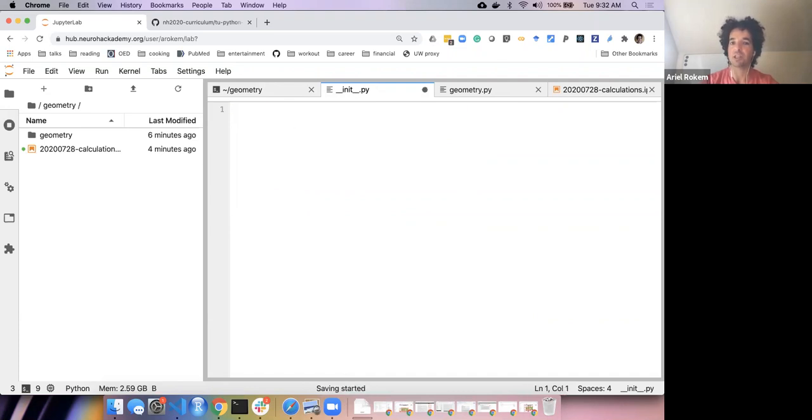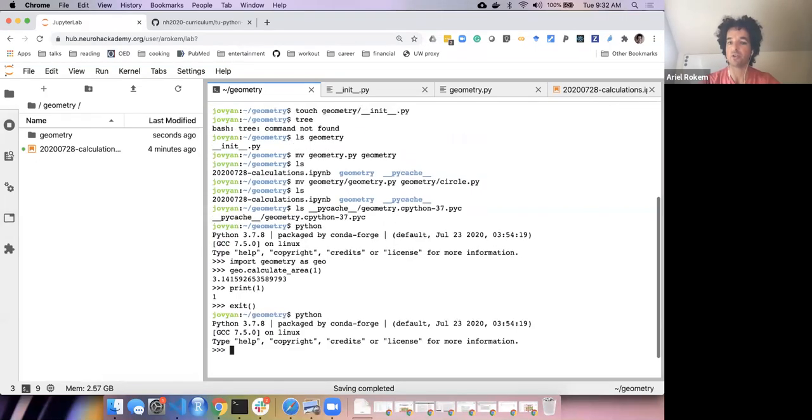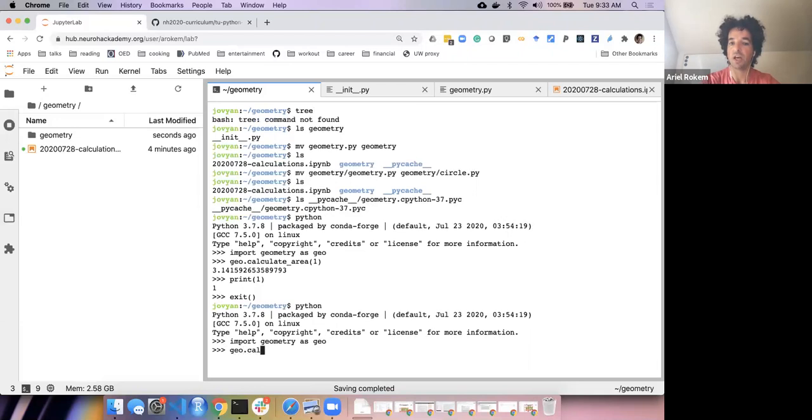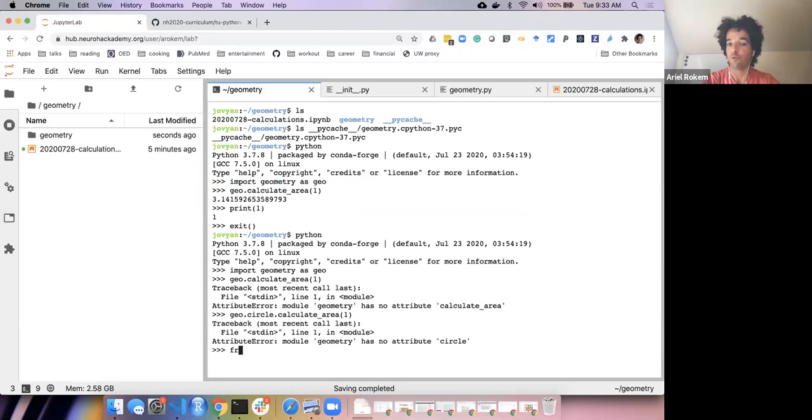So let's say that this was empty, and I exited that, and I started a new Python interpreter, and I did import geometry as geo. Would I still have geo.calculate_area in here? And the answer is no, I don't. But I might have geo.circle.calculate_area. No. From geometry